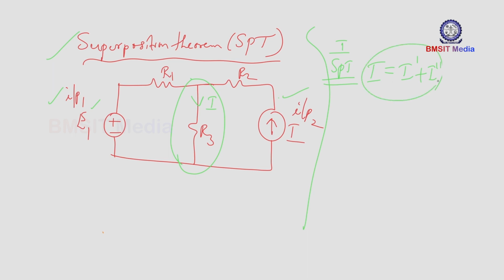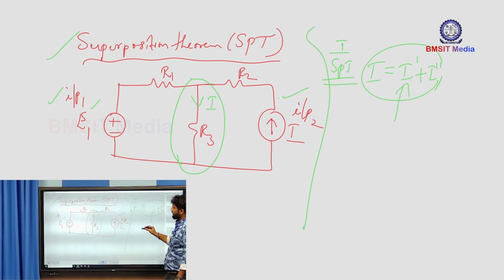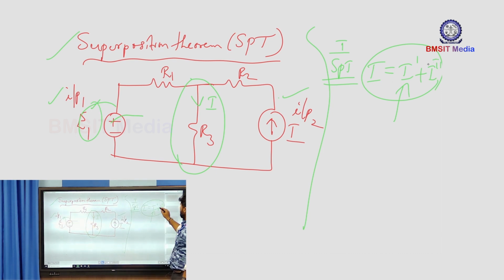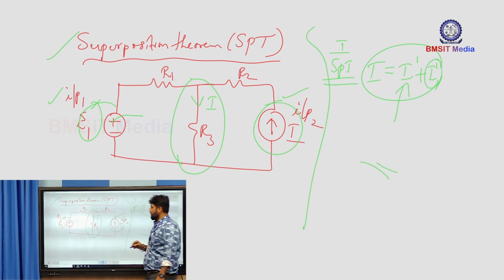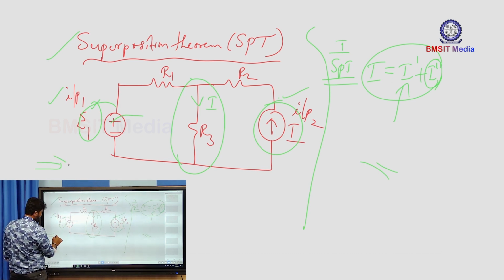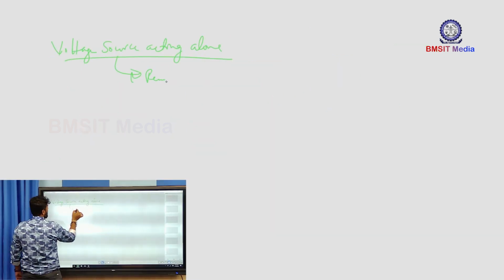The meaning here is I dash is the response when E1 is acting alone, and I double dash is the response when the current source is acting alone. While considering the presence of the sources, say for example, if I am considering only a voltage source acting alone, means the remaining sources,